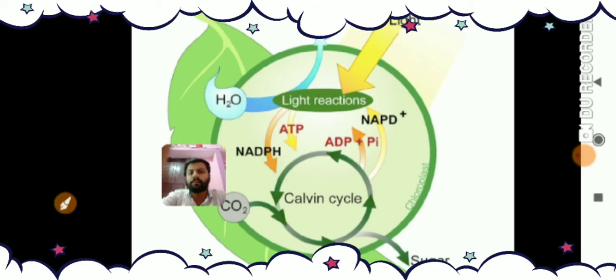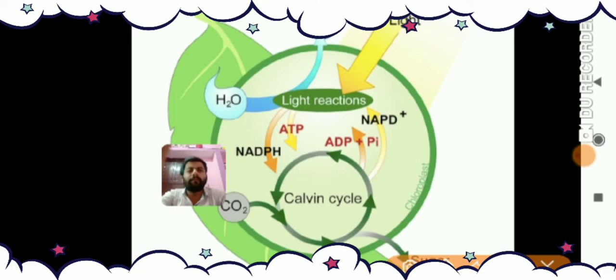The second point, or second step, which is included in the process of conversion of solar energy into chemical energy is formation of ATP. Second point is what? Formation of ATP. So